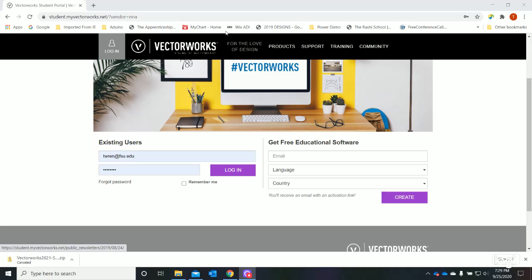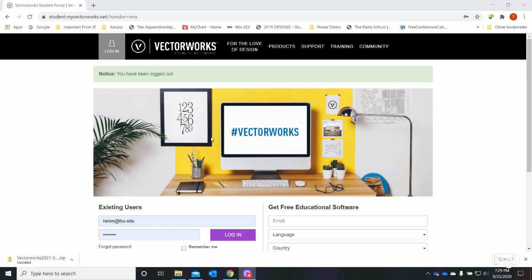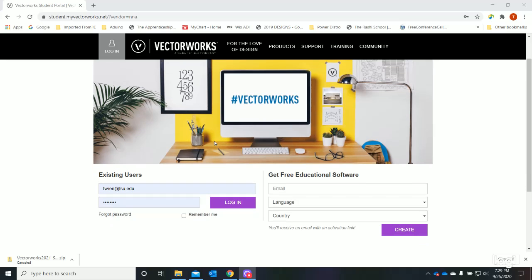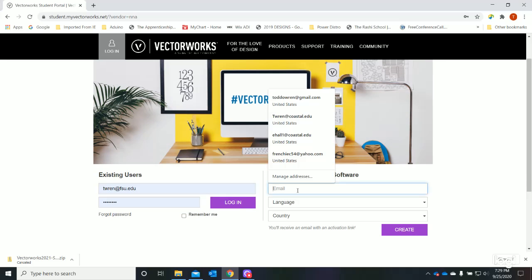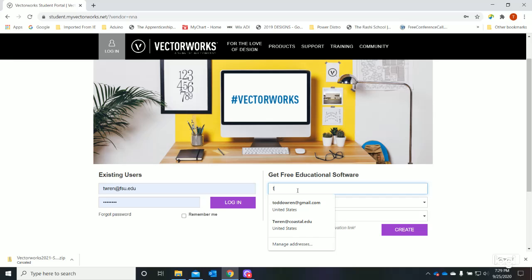All right, so the website, there's a link on Canvas, or you could go to student.myvectorworks.net, right? And when you get there, you'll have a screen that's something like this. What you want to do is go to where it says get free educational software, and you're going to enter your email address,